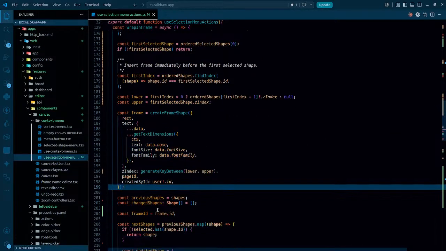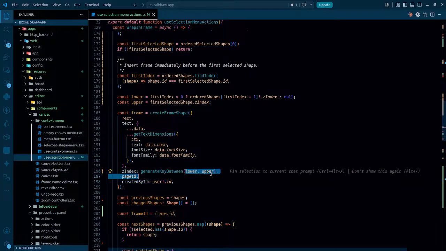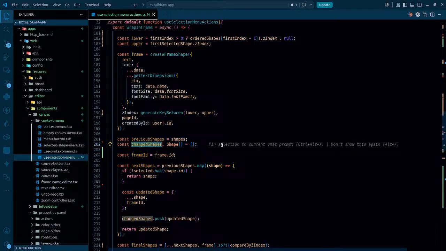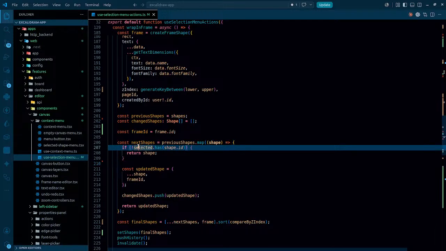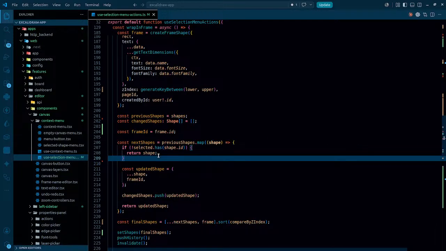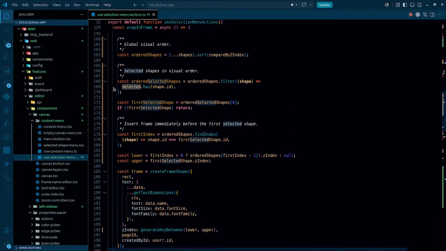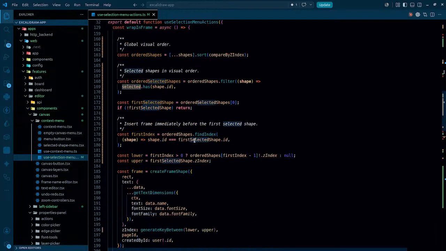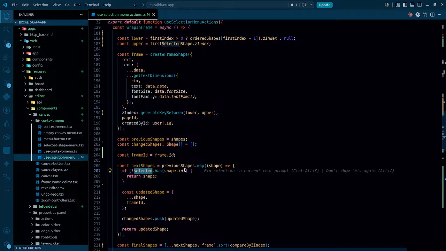This is the overall frame that we have. Frame will have the z index, that is for sure, and that will be between lower and upper, that is also fine. Previous shapes are gonna be all the shapes. Change the shapes we have here. We are looping through these, and if not selected has shape ID, return from here. So selected is what? Selected is selected shape ID, so all the shapes that are selected there. So if selected has shape.id, then that should be